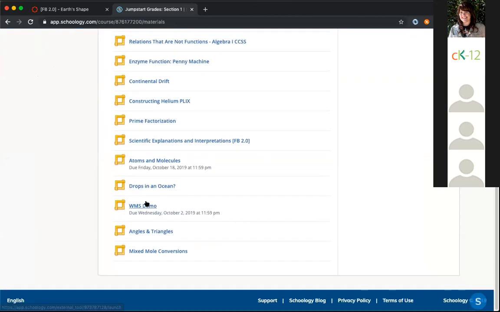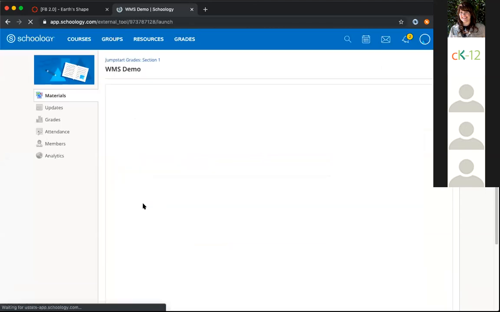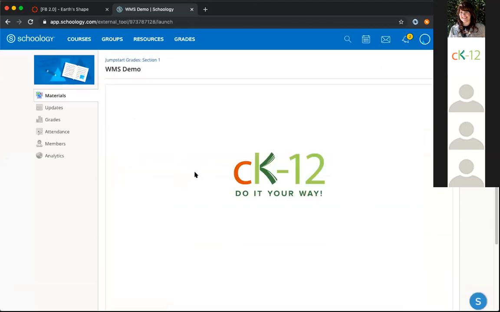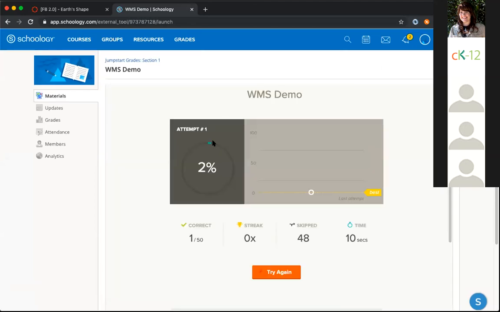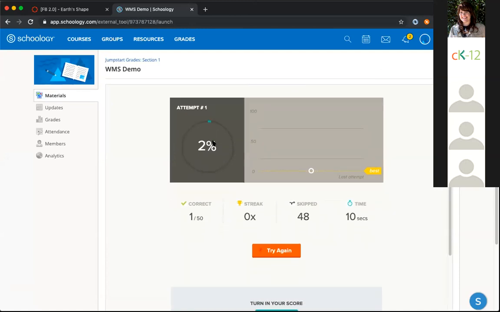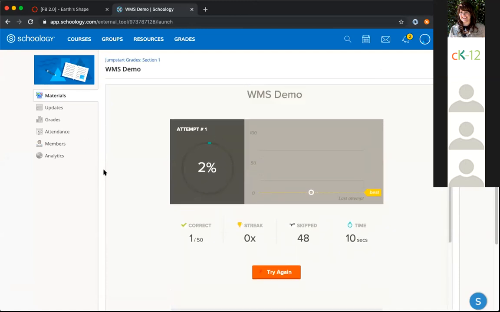And then I can just show you, I think this one's a quiz. So the other thing I'll point out is that students are not going directly to CK12. Everything they're doing is contained in either Schoology or Canvas. So like Lindsay had mentioned before, you don't need to create a class directly on CK12 and have it on Canvas.